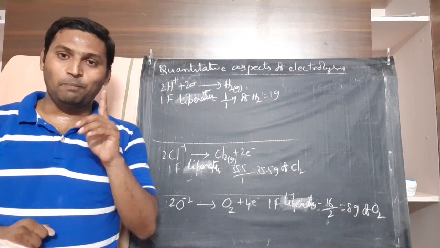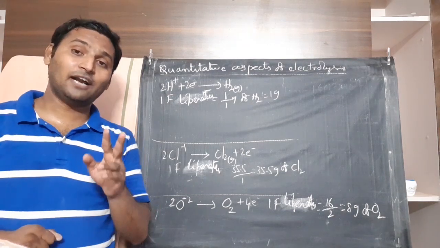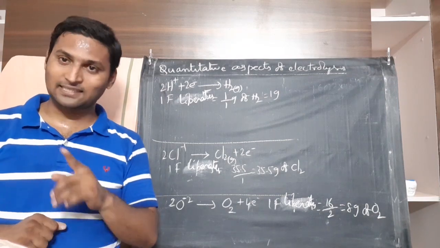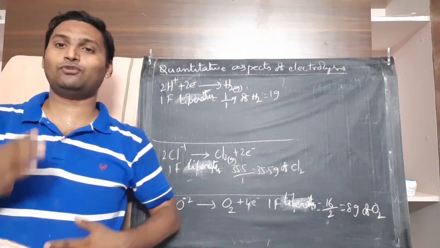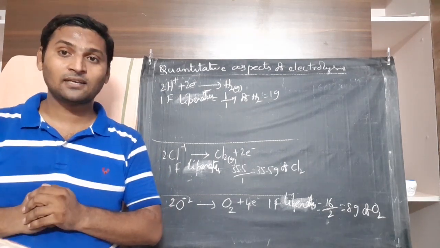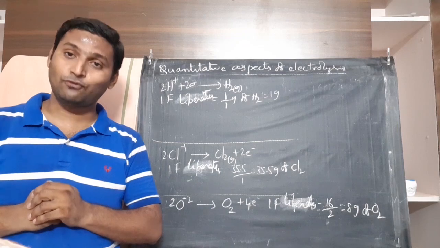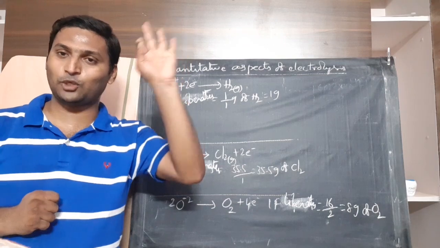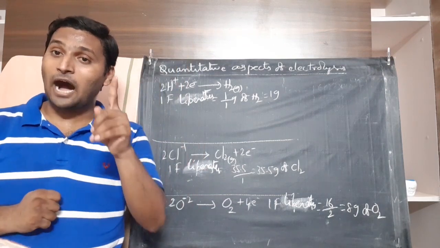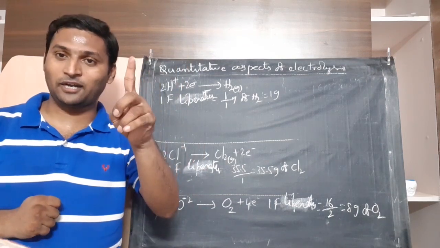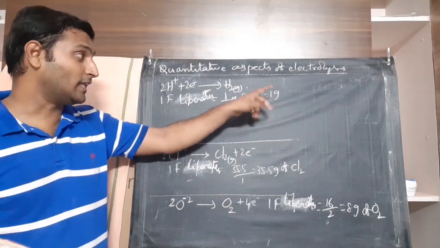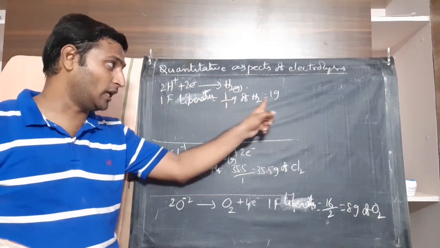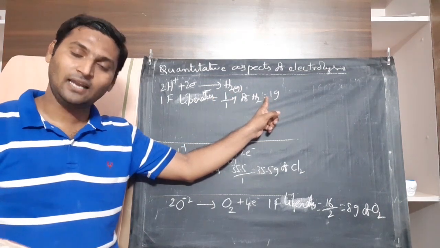Now, because they are gases, apart from their equivalent mass, we should talk about their equivalent volume also. Yes or no? And you have a standard value for the volume of gases at STP. How much is that? Exactly right, 22.4 liters. Now, the molecular mass of a gas occupies 22.4 liters. I repeat, the molecular mass of a gas occupies 22.4 liters. Here, what is the molecular mass of hydrogen gas? 2. So 2 grams occupies 22.4 liters, so 1 gram must occupy 11.2 liters.